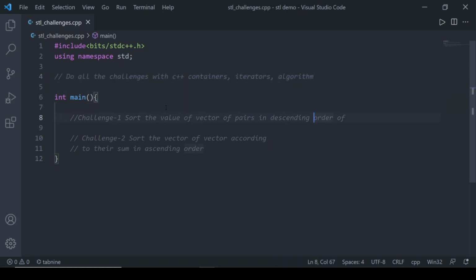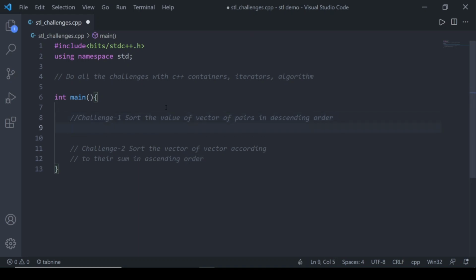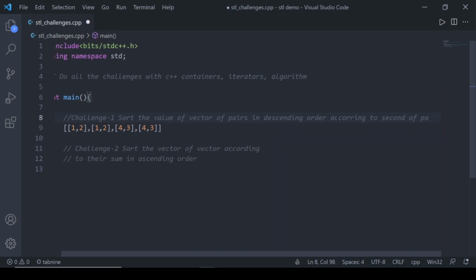The first challenge is to sort the values of a vector of pairs in descending order. Let's say I represent this by the vector, and it has some pairs. We have to sort these pairs in descending order, first bigger then smaller, according to the second value of the pair.